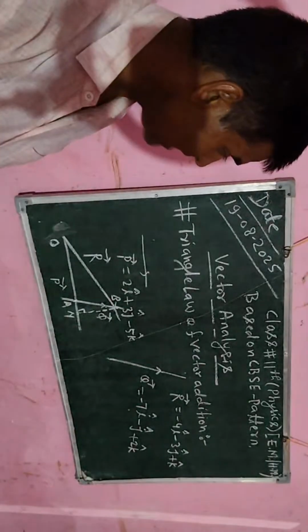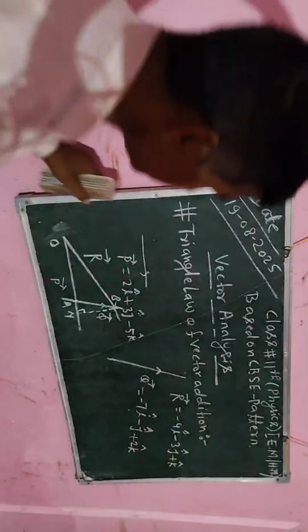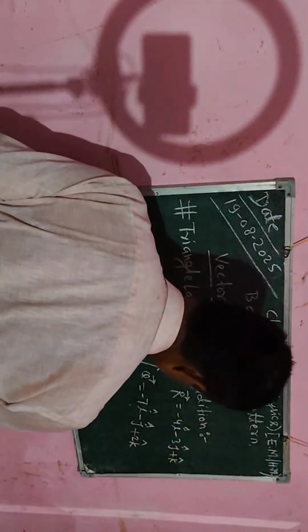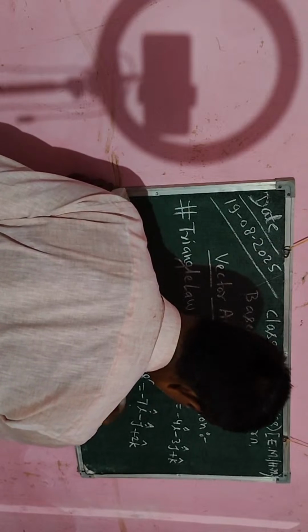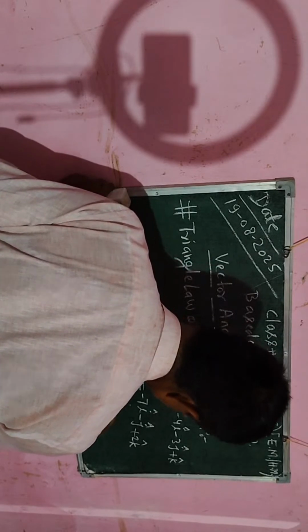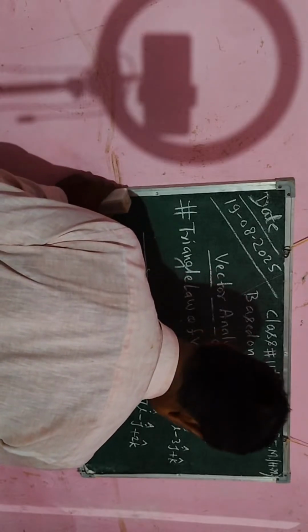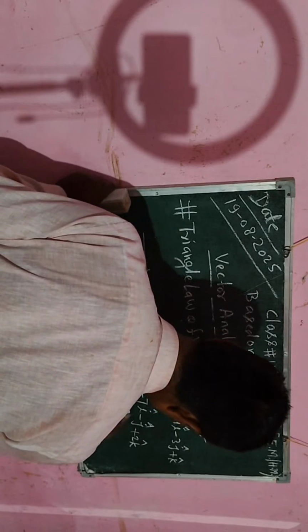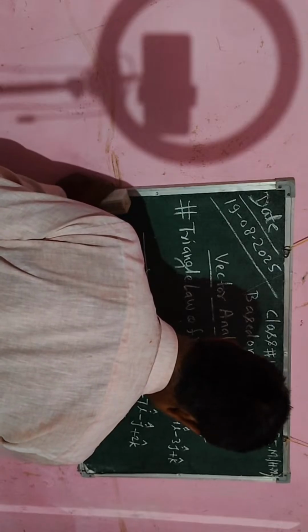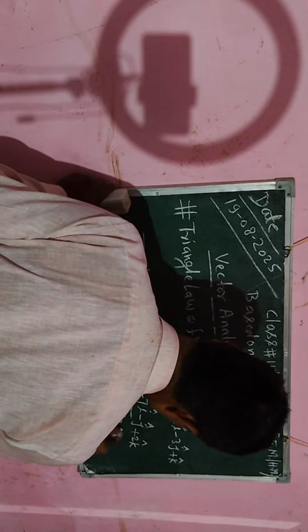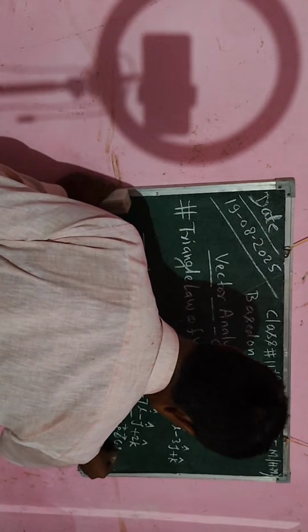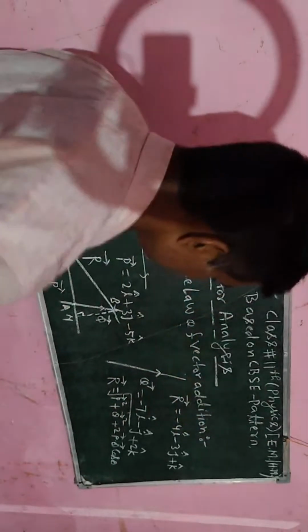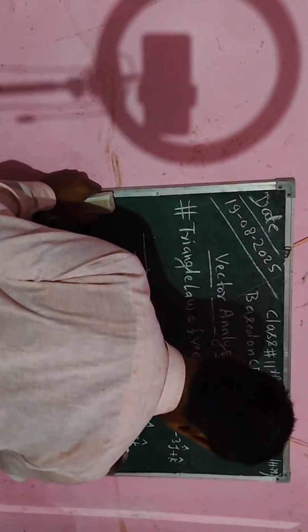In the right angle triangle, I will use Pythagoras theorem. After using Pythagoras theorem, I will get the resultant vector, that will be vector R, which is equal to the square root of vector P square plus vector Q square plus 2 vector P into vector Q, and then I have to put here angle theta. Now if the value of theta is not available, so I have